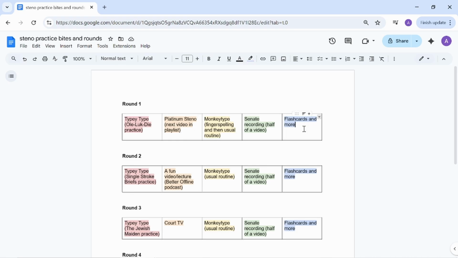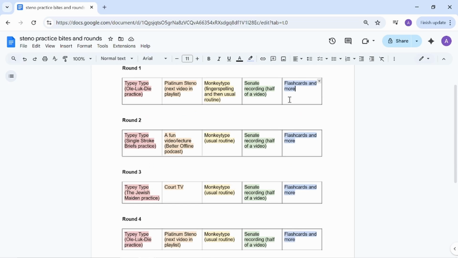And also like this blue category here. So this is stuff that's off the computer. So it's my flashcards and I have my textbooks that I reference. And at one point too, I read or I heard on the Encouraging Court Reporting Students Facebook group that it's good to go through your physical steno notes, or, I guess, read your steno notes. So I like having physical things. So I printed out my steno notes and I did notations on them and stuff. So that's another thing I did.